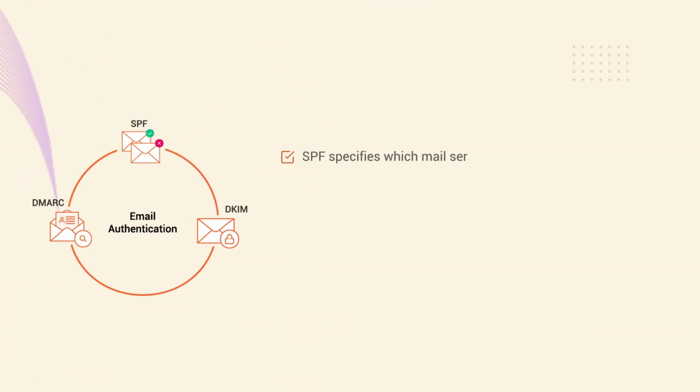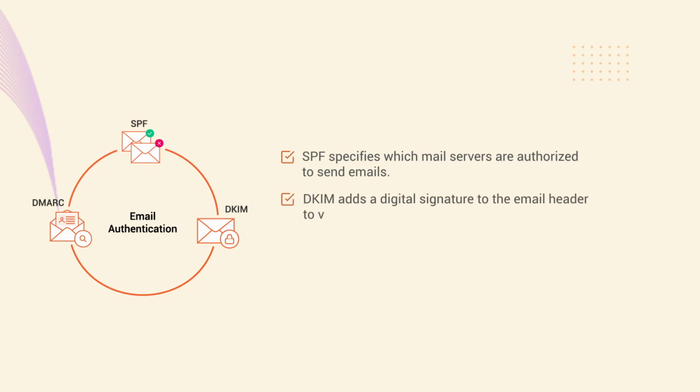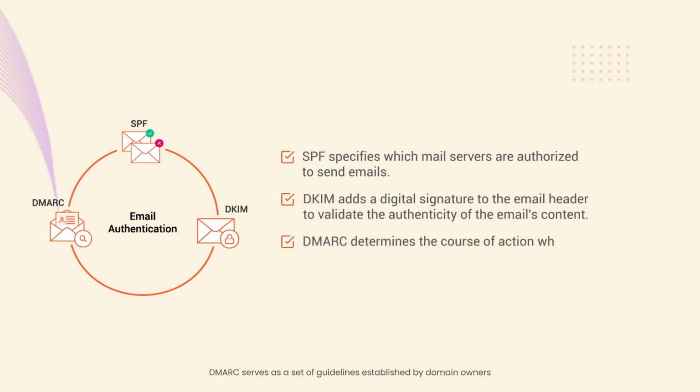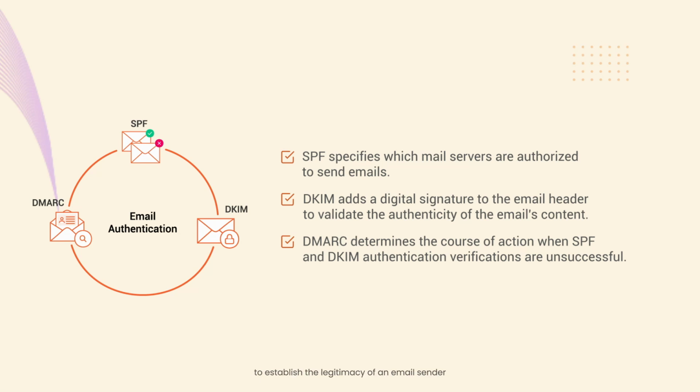SPF specifies which mail servers are authorized to send emails. DKIM adds a digital signature to the email header to validate the authenticity of the email's content. DMARC serves as a set of guidelines established by domain owners to determine the course of action when SPF and DKIM authentication verifications are unsuccessful. All these authentication protocols work together to establish the legitimacy of an email sender and enhance trust between senders and